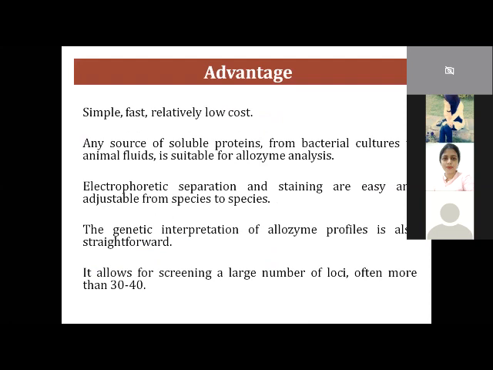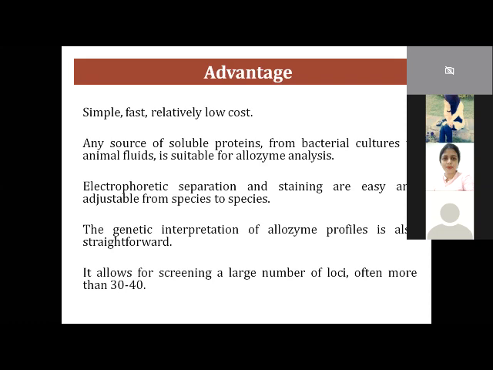Here what we need is a sample, and that can be any biological fluid: the blood, the peritoneal fluid, the tissue extract, which you have to filter. Then you simply load the sample on the gel through gel electrophoresis and apply the electric field on the gel. The gel can be acrylamide. Basically, acrylamide is the most preferred gelling medium used for the separation of proteins. And if you stain your gel with a particular chemical, you will be able to score the different bands. So it is a very simple technique, relatively fast, and low cost.